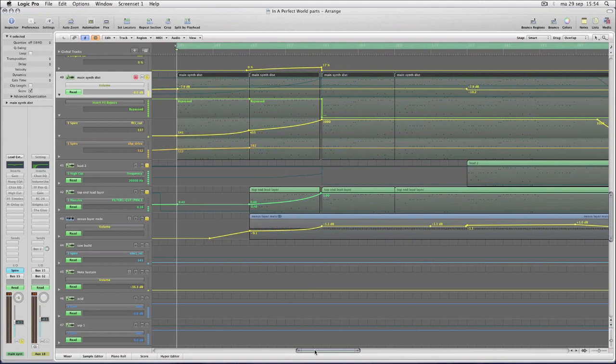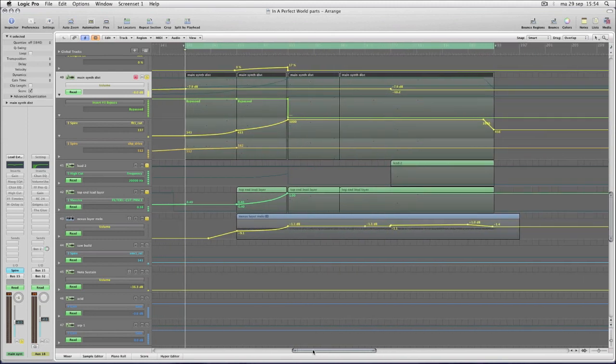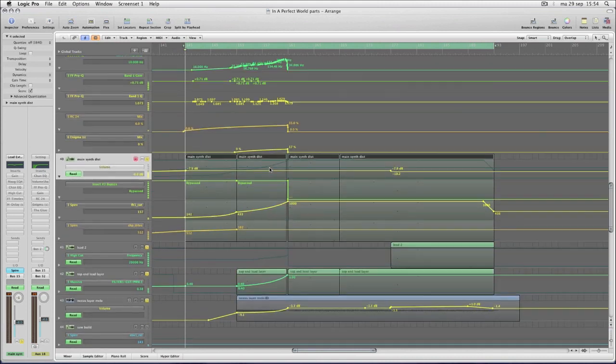Standerwick and myself made this collaboration after we first met in Poland. We hit it off really well. He's a really cool guy, and we decided to collaborate on this track. Within a matter of, I'd say, 2 to 3 weeks, we made In a Perfect World, going back and forward with the project, and exchanging ideas. What we wanted to make was a tech trance track with a proper melody and real good feeling at 138, and this is the result.